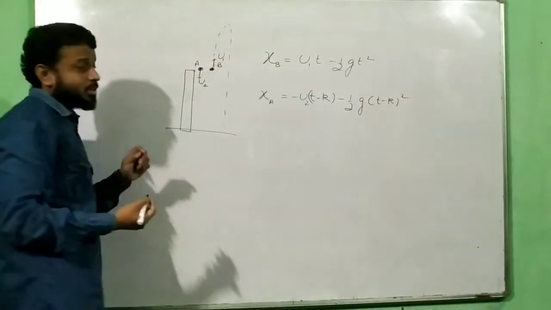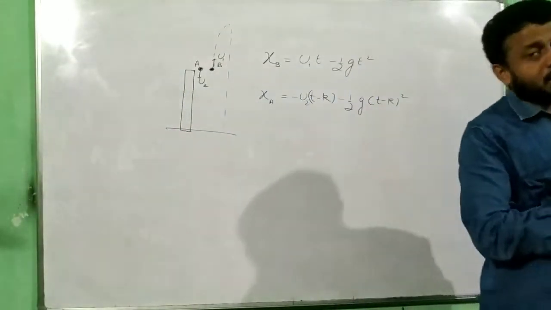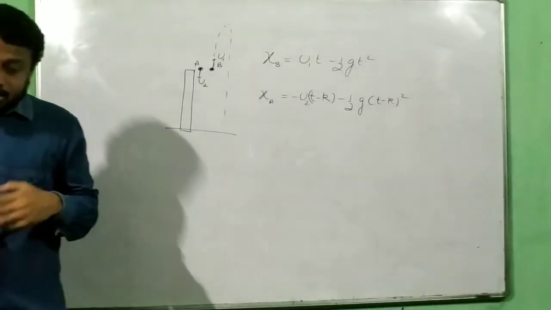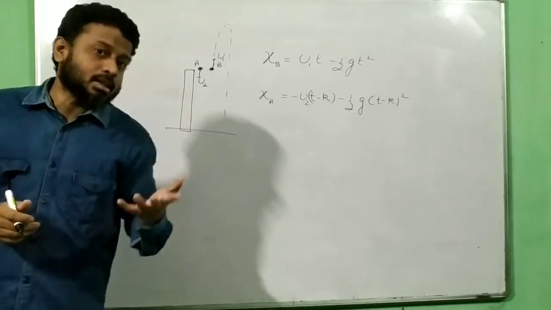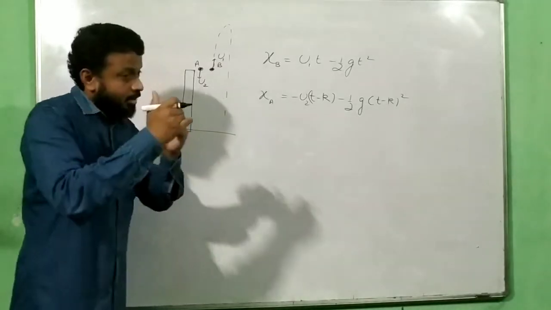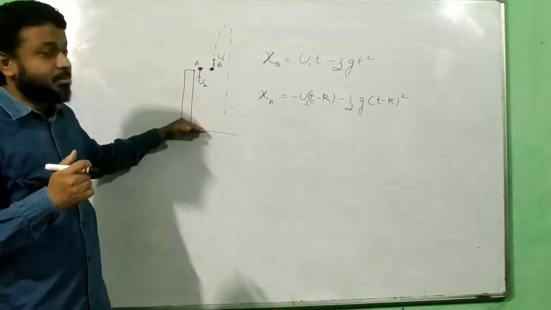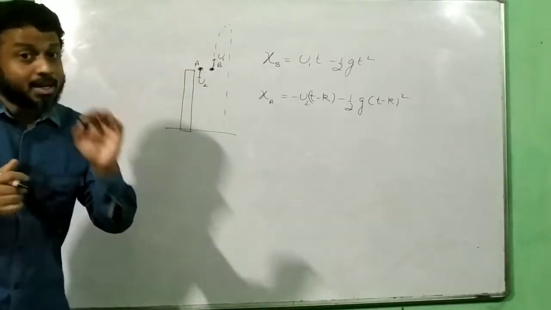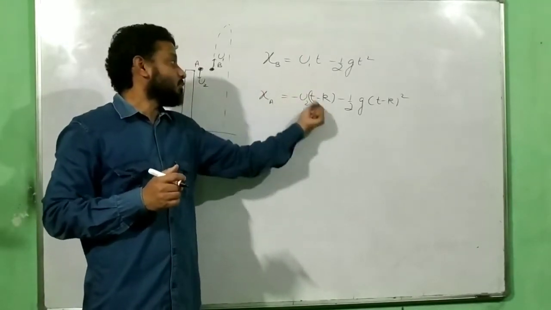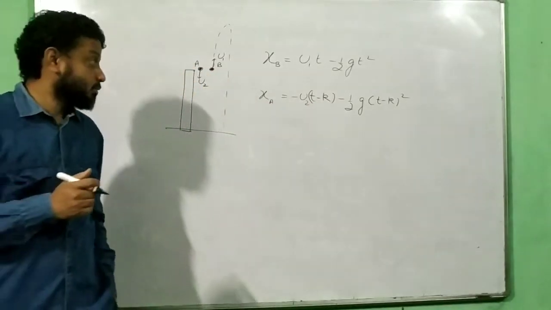What does it mean? It means that if the first body is taking some, let us say 8 seconds, and then you are giving a time delay of 2 seconds, then definitely the second body, if they are reaching the ground simultaneously, that means definitely the second body is taking 8 seconds. So that is what we are talking about here. So if the first body takes 10 seconds to reach here, and then you waited for 2 seconds and then you chuck the second body, and if the question says that both are reaching simultaneously, that means definitely the second body has taken 8 seconds, am I right? So that means 10 minus 2 seconds. So the time taken by the first body minus the delay is the time for the second body for its motion.